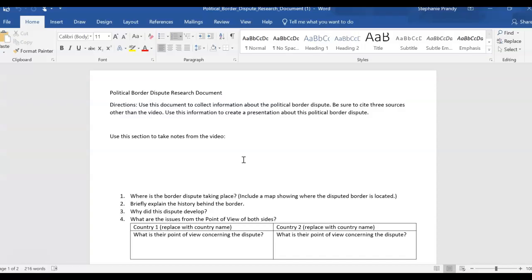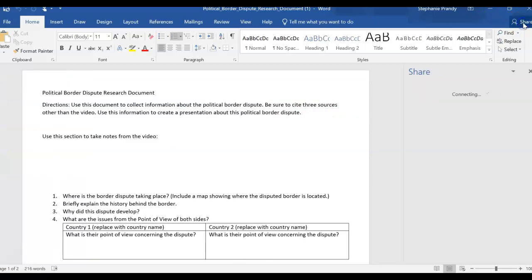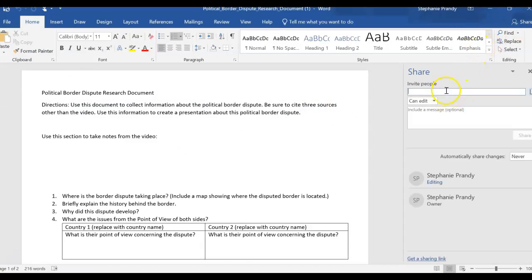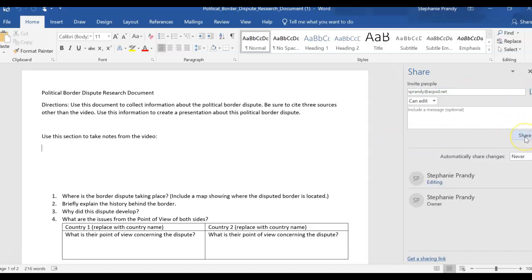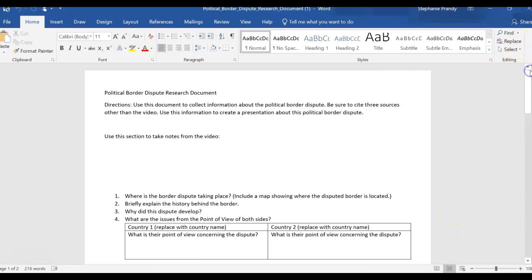Once it is saved into your OneDrive, you can choose to share from up here in the top right corner. The easiest way is to have your classmates type their email address right here, and then choose to share. Okay, that will allow them to share. You can type all of them at one time. You can just press enter or semicolon and type the next one, or you can do each one separately. So have your two group members type their name here so that everybody's name comes up here. Okay, so once you have that shared, then you guys are ready to